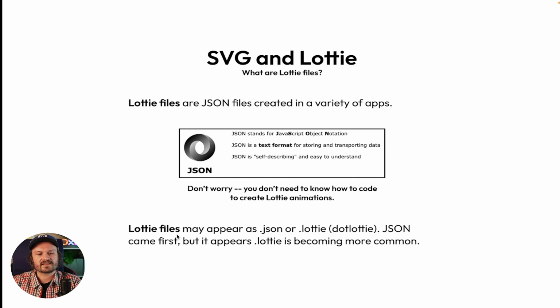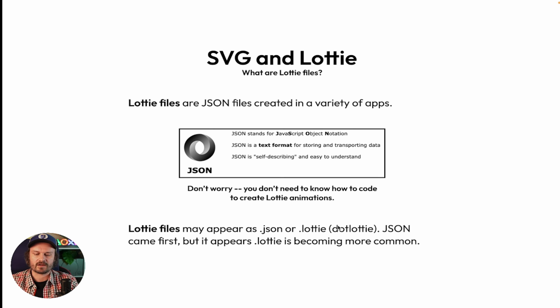And so yeah, JSON came first, but it appears Lottie is becoming more common, and there are a few reasons for that. I haven't been able to do a ton of research because some of it gets well above my education level pretty quick, but it appears that .lottie files save even more file size than .json, which is already a tremendous file saver for a lot of animations. However, I think another reason that the team gave for creating the .lottie file was to make it more